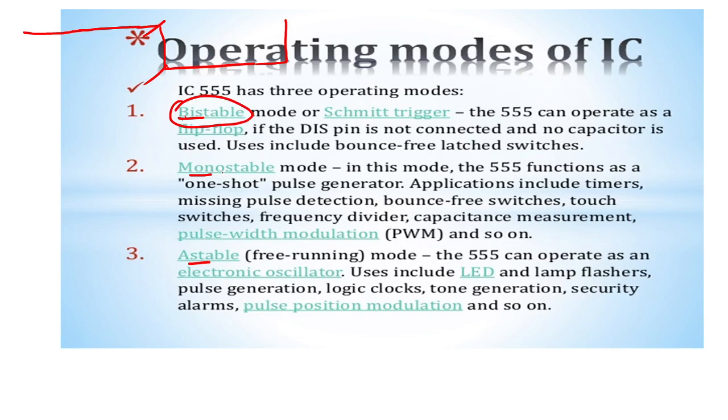In the monostable, one state is stable. What exactly does one state mean? If your output is high and you trigger it, for a particular time it will go low and then again high. If you trigger again, it will go low for some time and again high. One state is stable and the second state is unstable. It remains in that state, and whenever you trigger, it goes to the next state and then again remains in the stable state.